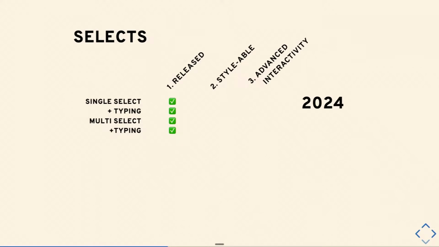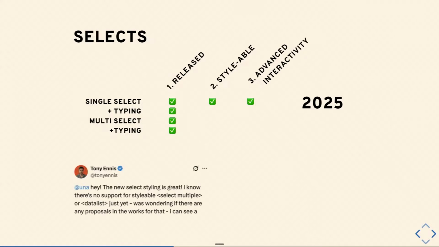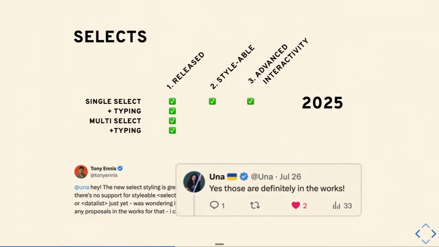But as of earlier this year, the single select is now fully stylable, and you can do advanced interactivity, and I'll talk about that in a second. And I think there's a reasonable path in the next couple of years, given the progress that they're making at the minute. I actually tagged Una, who is the DevRel lead in Google for Chrome, and was asking her about when we might see support for stylability on multi-selects and type to search, and she said they're definitely in the works. So maybe there's a 2026 that we can look forward to being able to do a fully platform-only combo box,